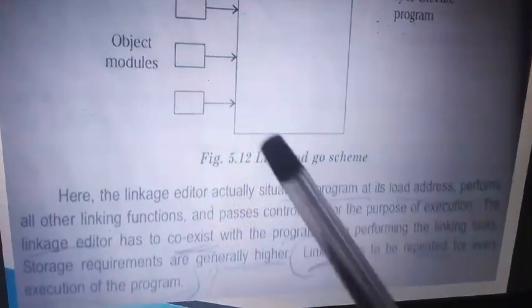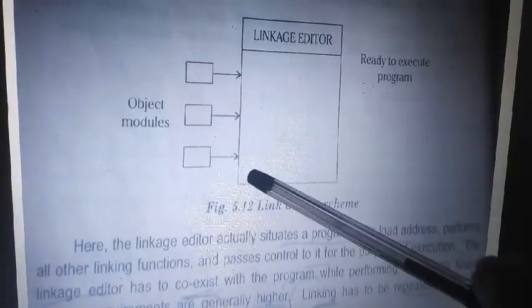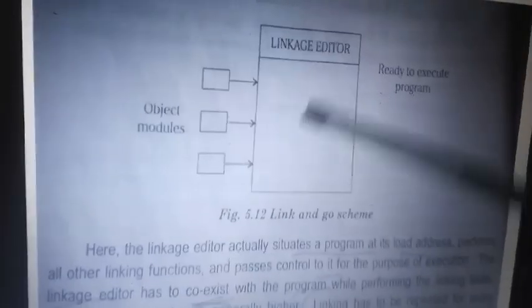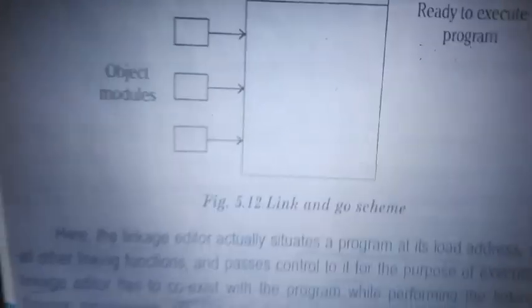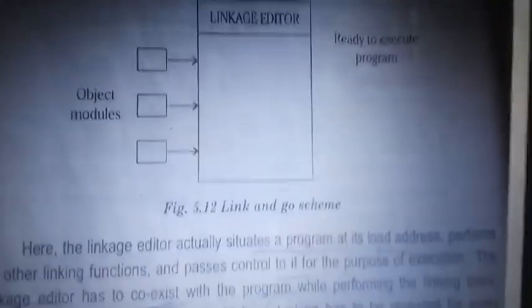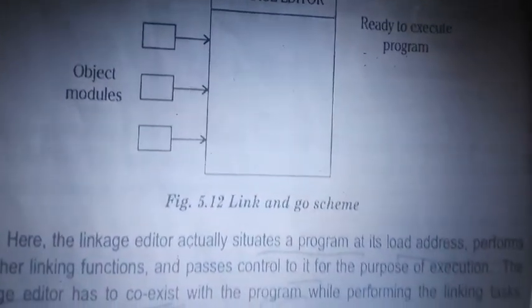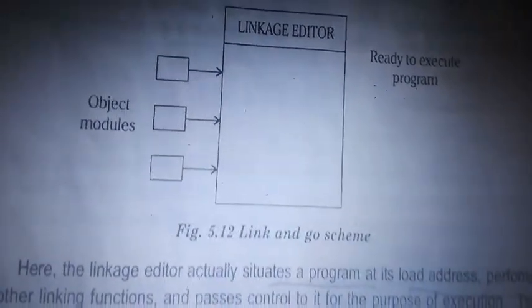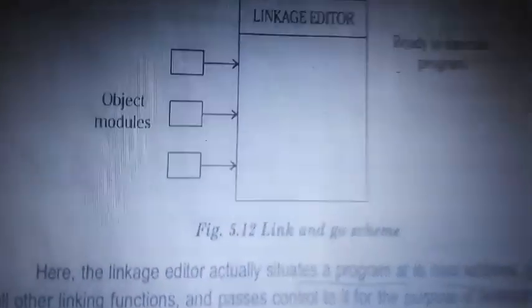The linking program should be in the main memory to link. Every time after execution, when it comes out of main memory, if you want to re-execute, you need to call the linker program again, load everything, and perform linking in memory again before execution. It is just like compile and go. Every rerun, linking is compulsory. It does not give any linking output in secondary memory, so the linkage editor should be called every time. These are the drawbacks.